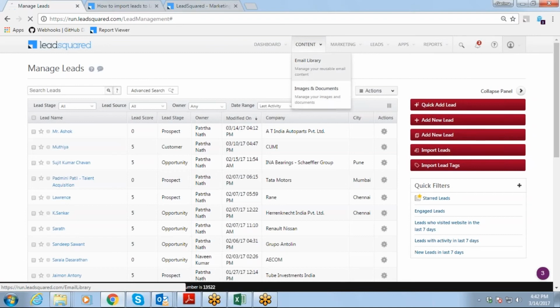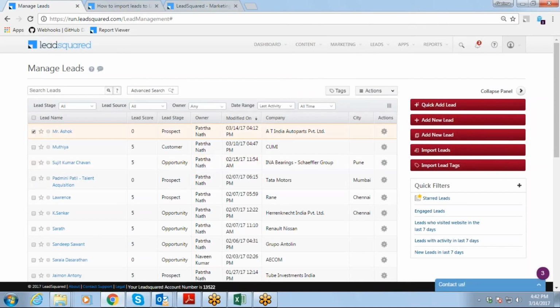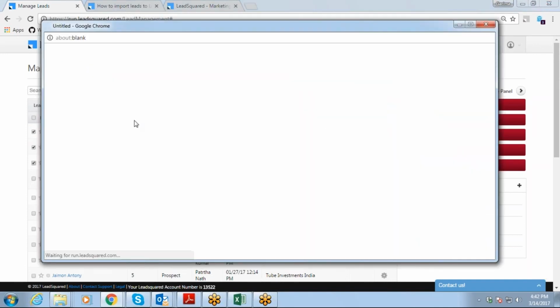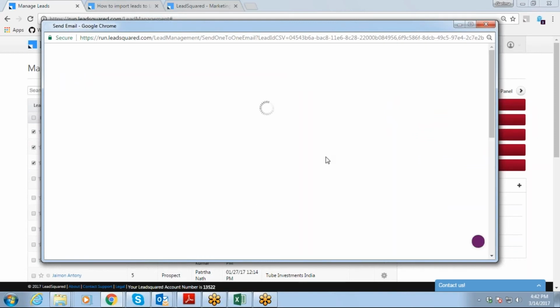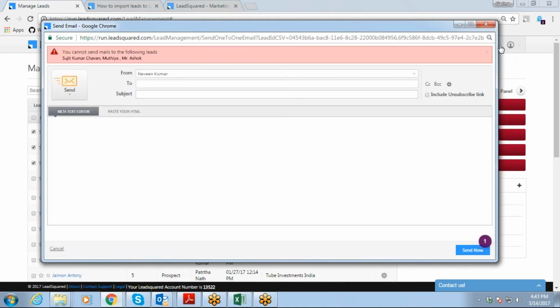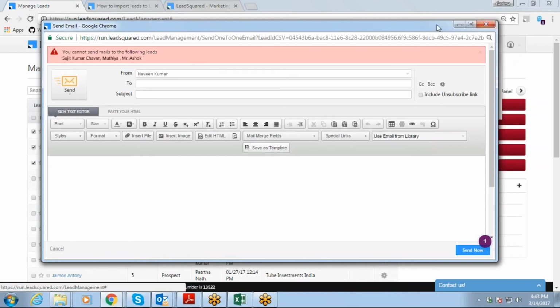Create an email here, select all these leads from here and click the send email option. So you can send email to all these leads directly from here. This is basically used for sales users, and that option was there for marketing users, which is mainly email campaigning.